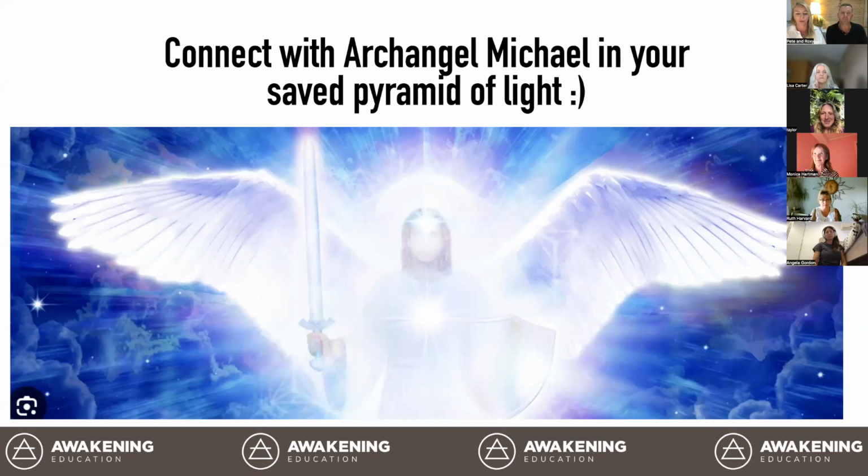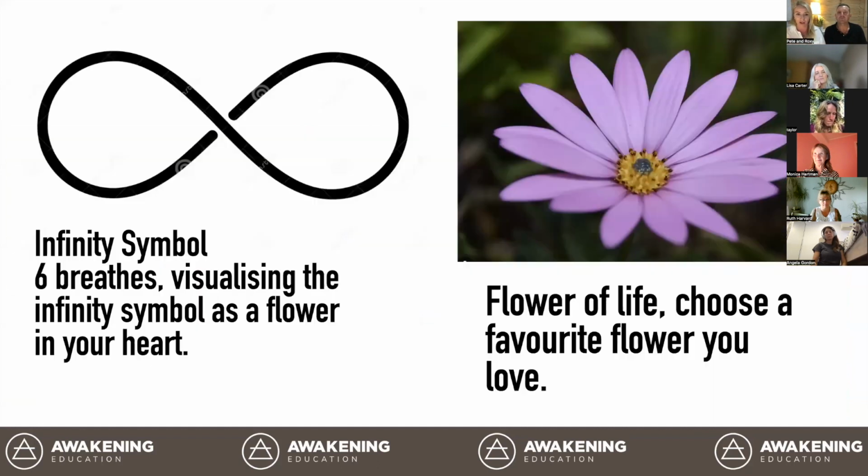So when we go up, I normally see Archangel Michael and the archangels as light beings, something like this. Okay. And I'm very visual. Pete's not so visual, but he still saw that image this morning and went, yep, that one. Right. So we're going to connect with Archangel Michael and create our pyramid of light.